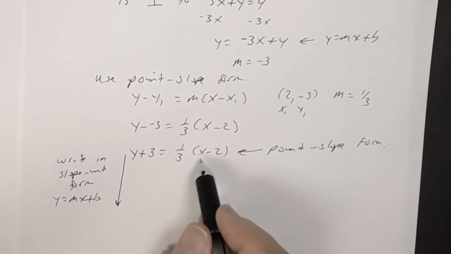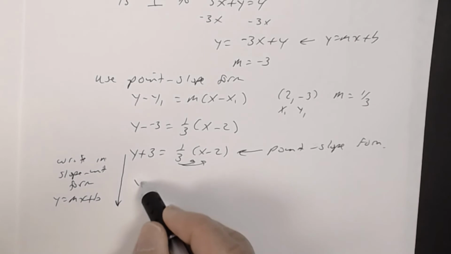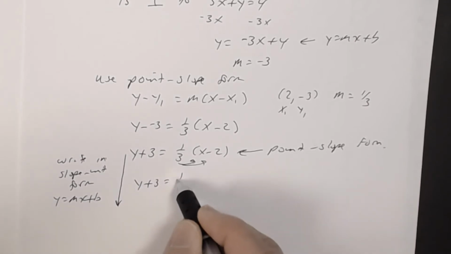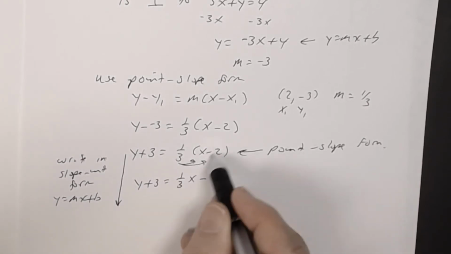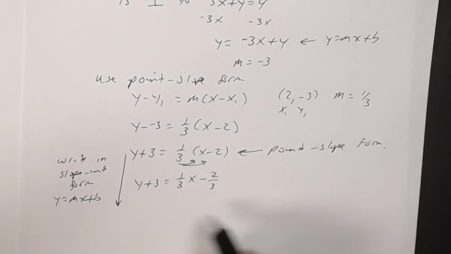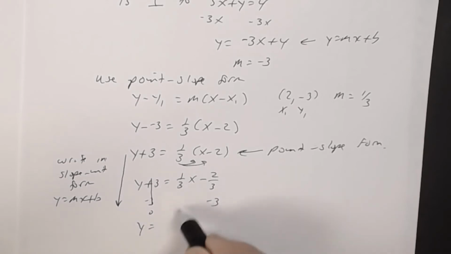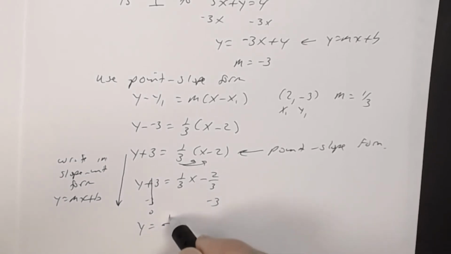All right, so what I'm going to do first is I'm going to clear the fraction. I'm going to distribute the 1/3. So I get y plus 3 equals 1/3 x minus, and 1/3 times a -2 is a -2/3. Okay? And then we got to get y by itself, so we subtract 3 from both sides. And so the 3 and -3 is 0, so I get y equals 1/3 x,